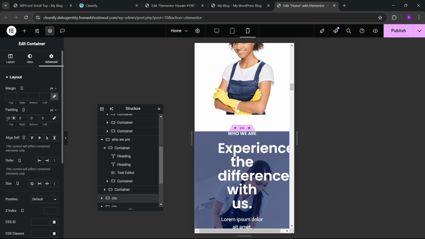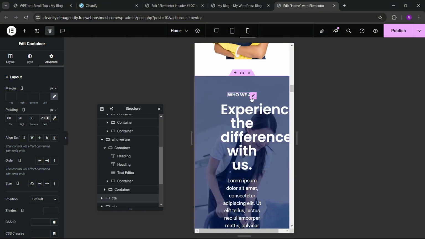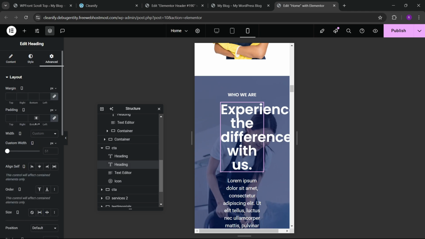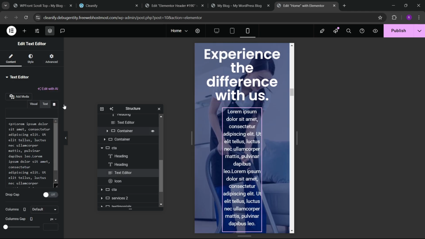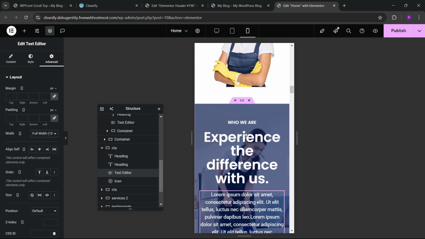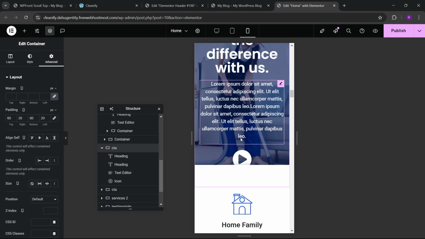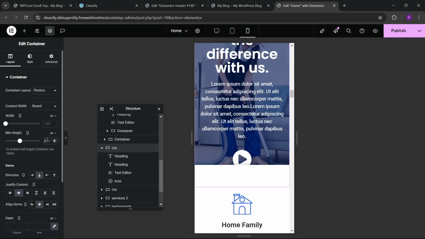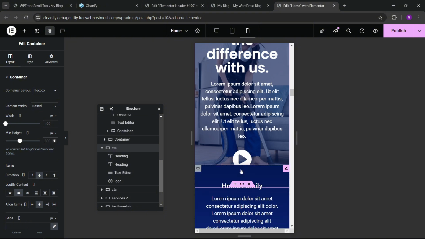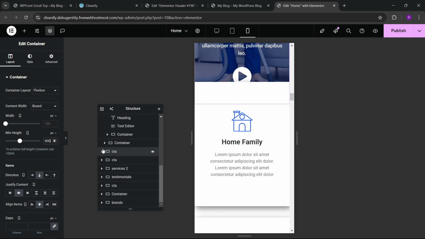So you can see that here we can add 60 20 60 and 20, and we can choose this, and we can make this full width, and we can make this full width. Okay, and you can see that we have to go here, and here we can add 700. Okay, so I think 600 is good, but you can see that here if I go to the CTA, and